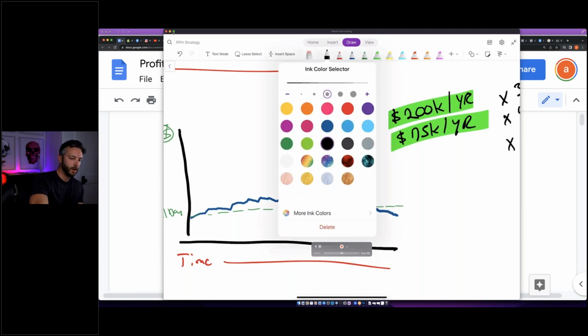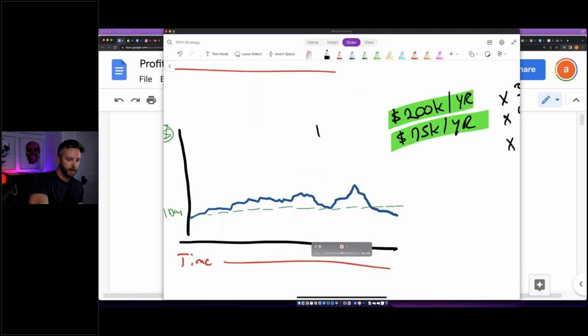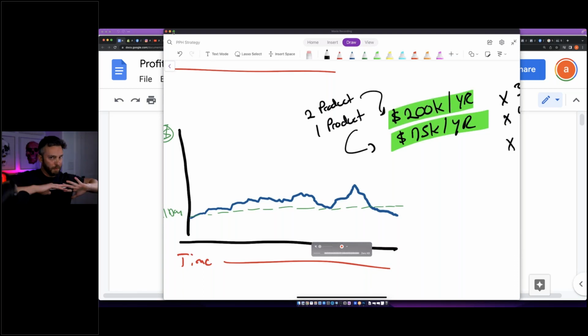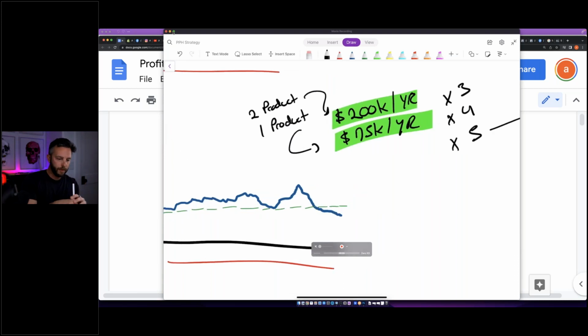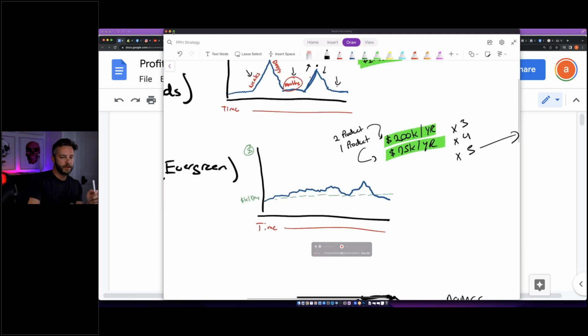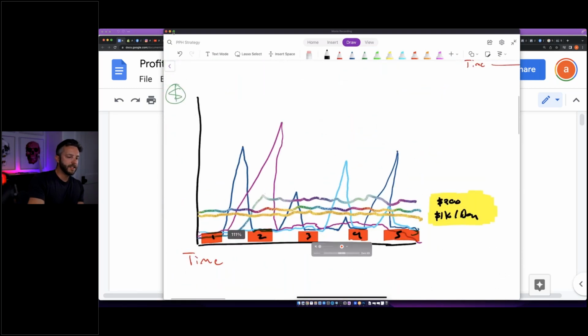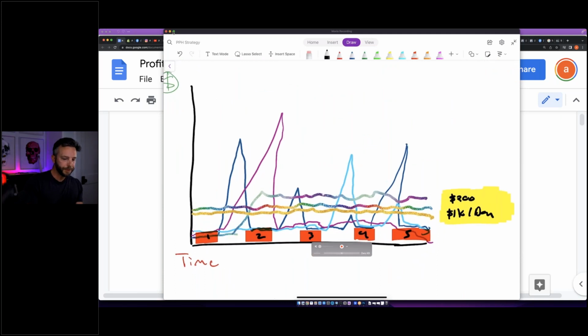We should do one product, to clarify. All right, so one product might do 75K. Two products in this funnel might have the potential to do 200K, because one does better than the other. I don't know. We're just making up numbers here. I hope you understand that, right? Could be more, could be less, who knows? But the fact is that you could put 1, 2, 3, 4 products in that will just create consistent revenue for you. And so if you do that, then this is what your business is going to look like, right?